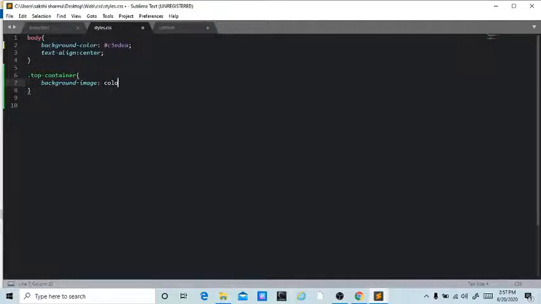So we write url and see the format, dot dot and your location, code.jpg, and let's refresh and check.